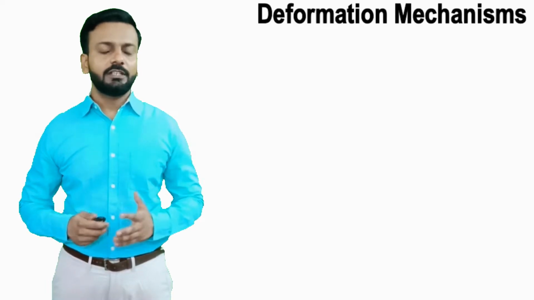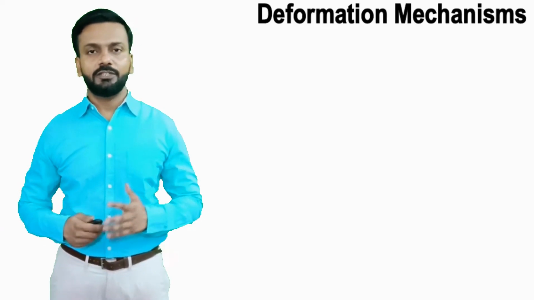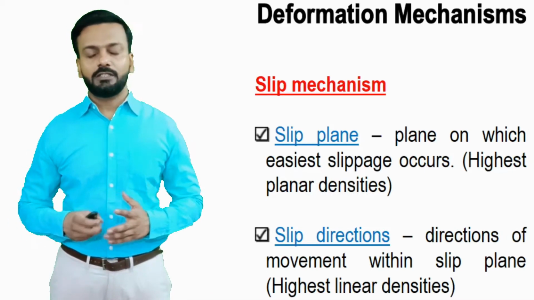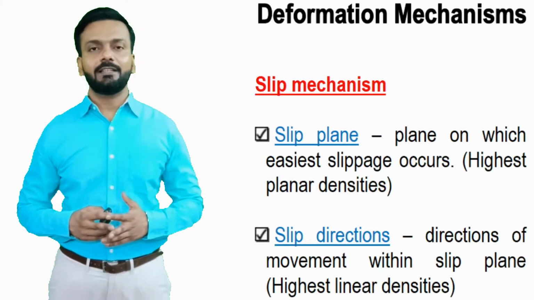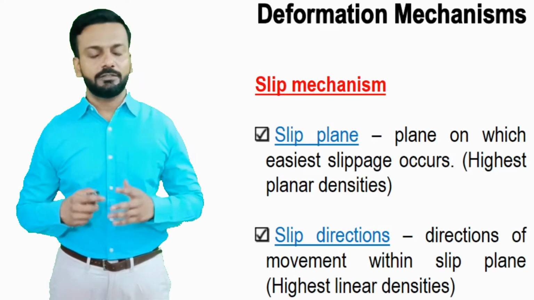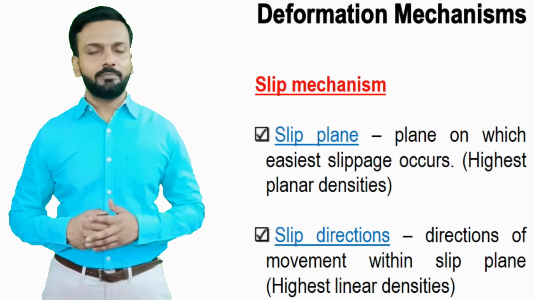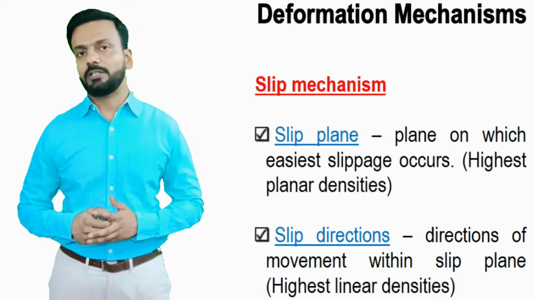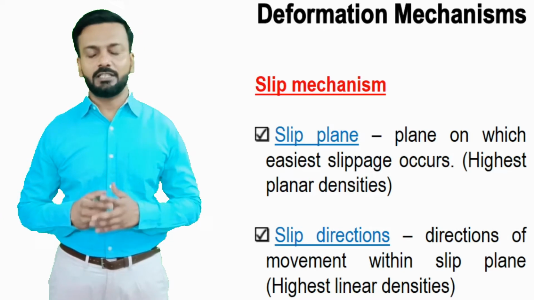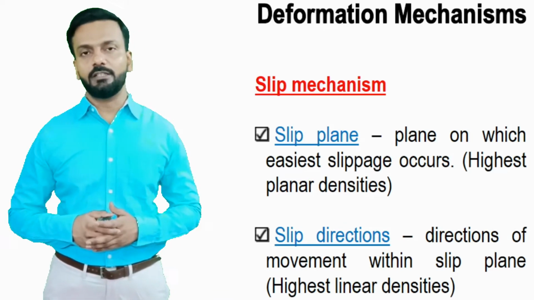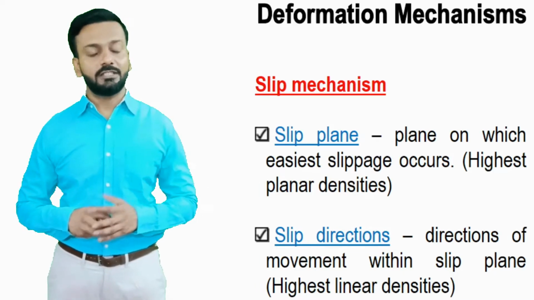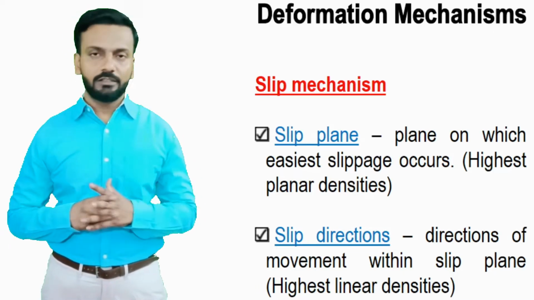So in an earlier video, we have seen what is deformation mechanism. Deformation mechanism consists of a slip plane and a slip direction. So this is nothing but a slip mechanism. The slip plane is nothing but a plane in a crystal structure or in a material which has the highest atomic density. A slip direction is a direction in a material which has the highest linear density, and together they form the